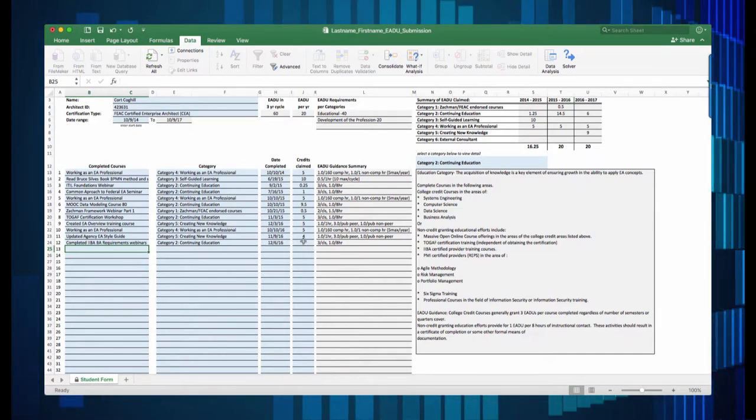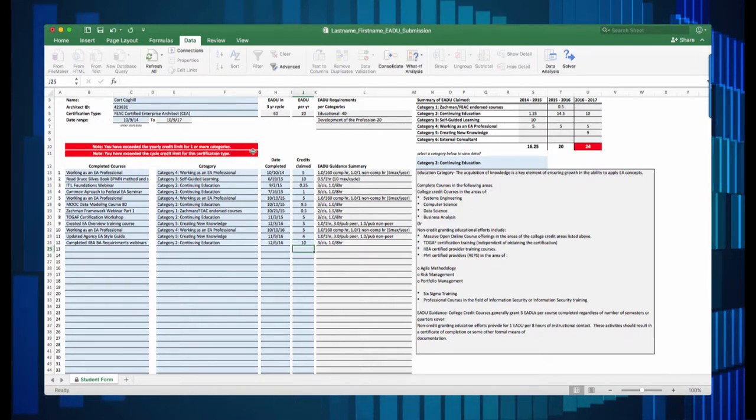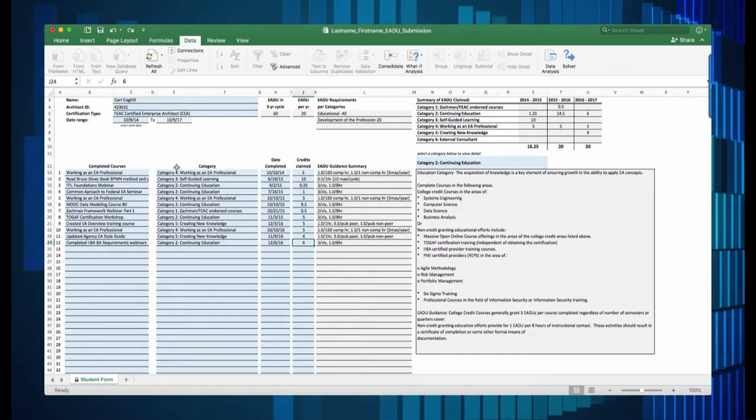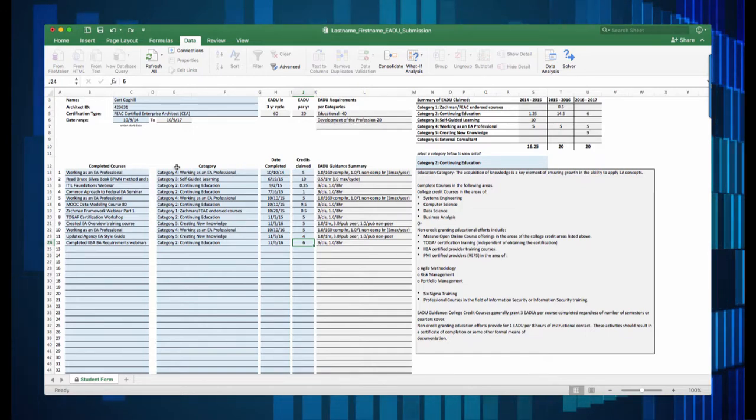Now, aside from that, if you overdo it in a category in some areas, I'm just picking one randomly, it'll start to tell you if you've exceeded yearly amounts or type of credit for that area. So that kind of information tries to reinforce some of those rules. It may not capture all of them, but it's just to help you as you're submitting